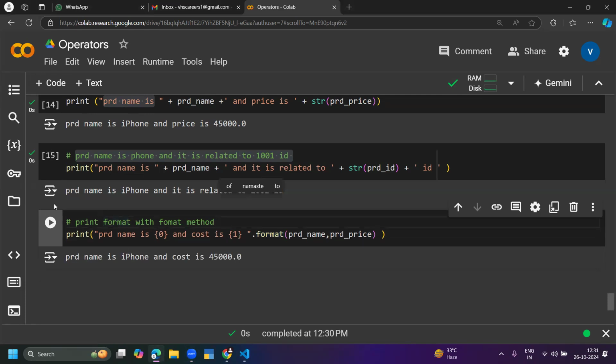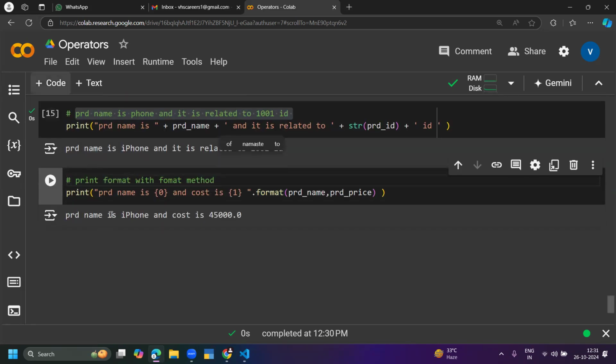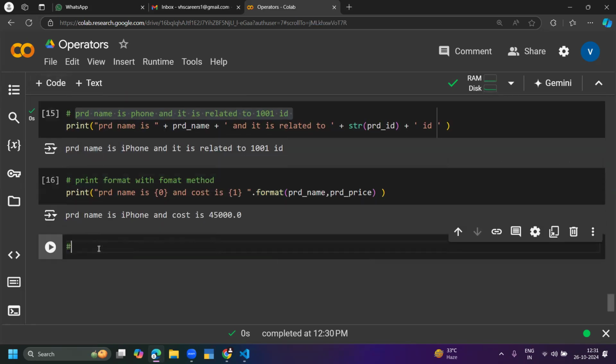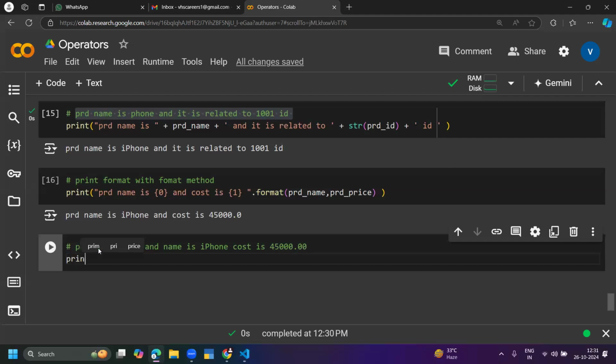Okay, let me tell you a bigger string like this. PRD name is iPhone. Okay, PRD ID is 1001 and the name is iPhone. Cost is 45,000. Do you want this? Tell me. Now tell me. Same way, print. Just use double quotes only. First, PRD ID is